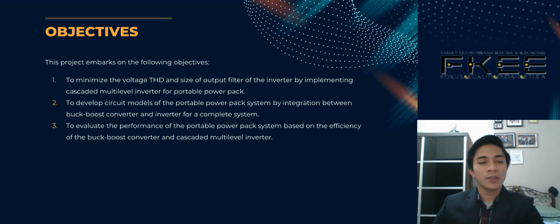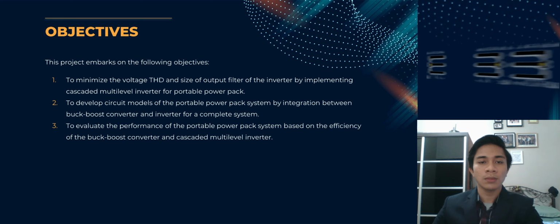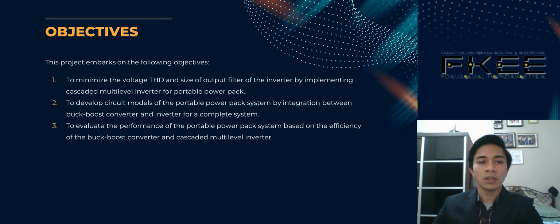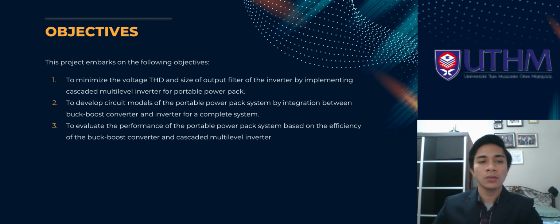The objectives of this project are, first, to minimize the voltage THD and size of the output filter of the inverter by implementing a cascaded multi-level inverter for the portable power pack. Second is to develop circuit models of the portable power pack system by integration between the buck-boost converter and inverter for a complete system. Lastly, to evaluate the performance of the portable power pack system based on the efficiency of the buck-boost converter and